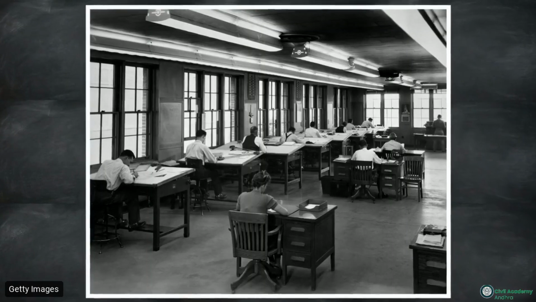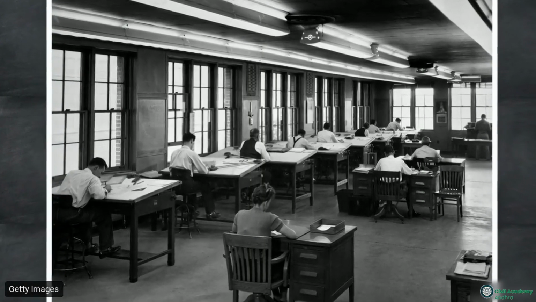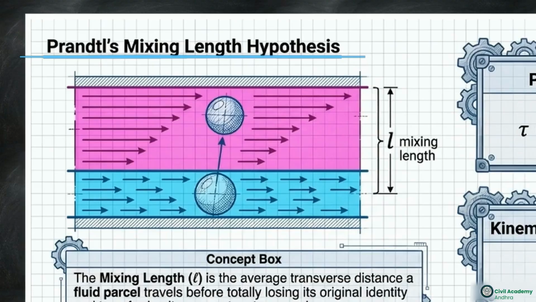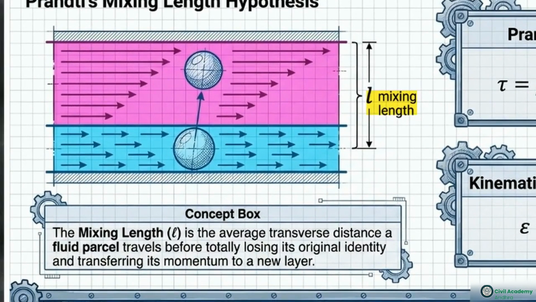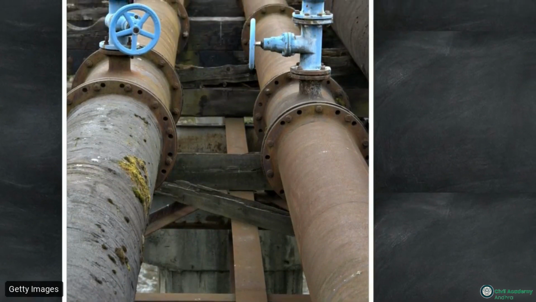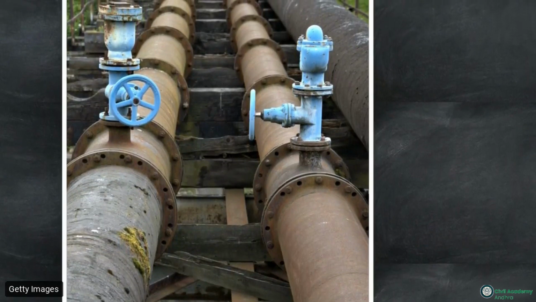While Boussinesq provided the theory, engineers still needed a way to link this macroscopic mixing to measurable velocity gradients. This diagram illustrates Prandtl's mixing length hypothesis, bridging the gap between chaotic mixing and measurable flow. The mixing length, L, is the average transverse distance a fluid parcel travels before transferring momentum to a new layer. By using these macroscopic mixing lengths, engineers can calculate fluid resistance, even when microscopic viscosity is no longer the dominant